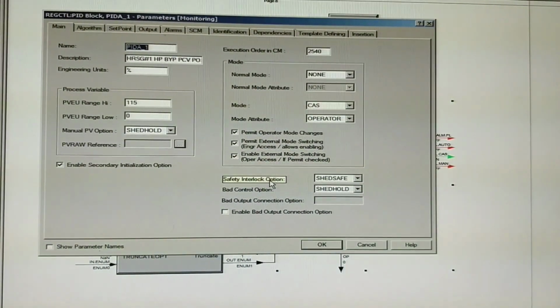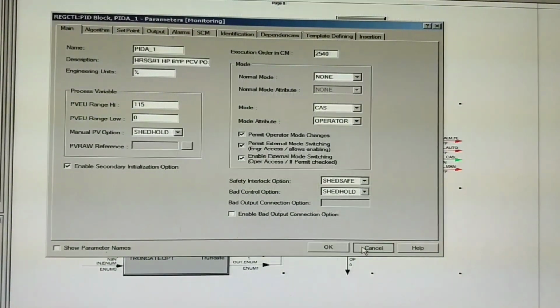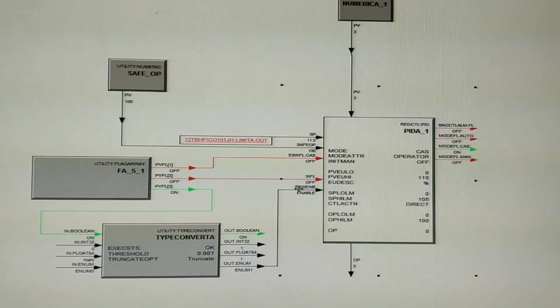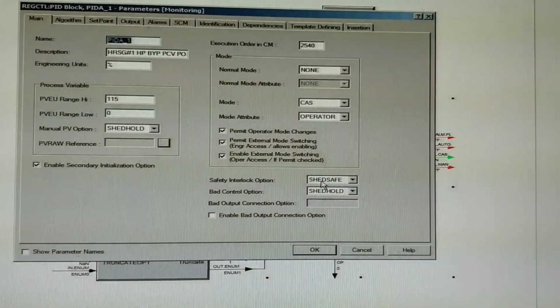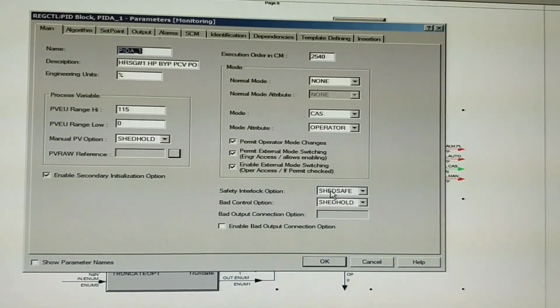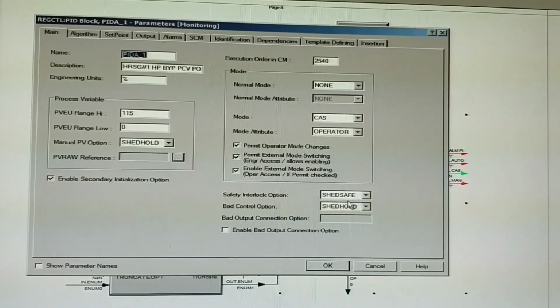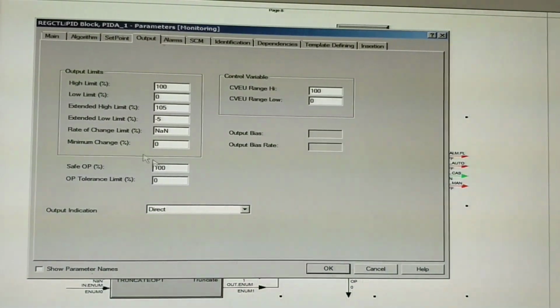Now next one is safety interlock option, shade safe. So whenever there is safety interlock acted, this is the SIFL bit. Whenever this bit is true, at that time the PID controller will shade safe, and here we have provided the safe output as 100%.